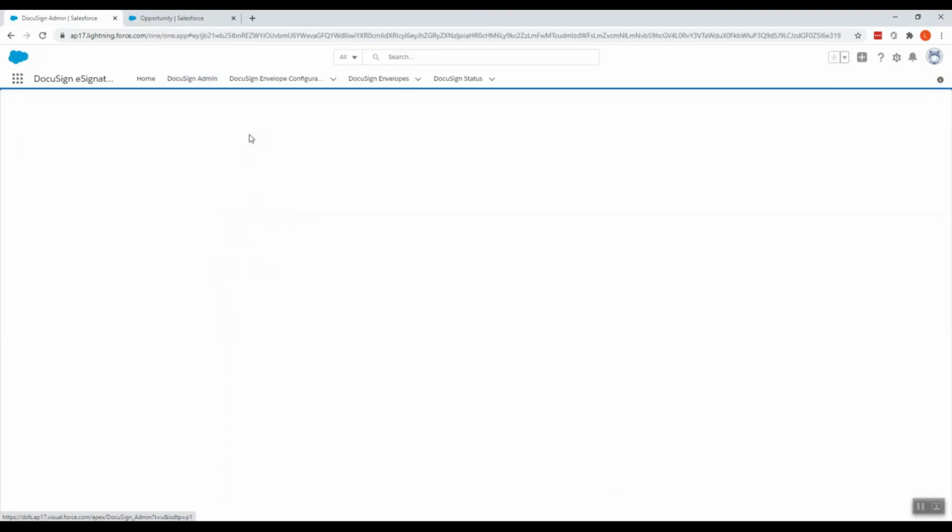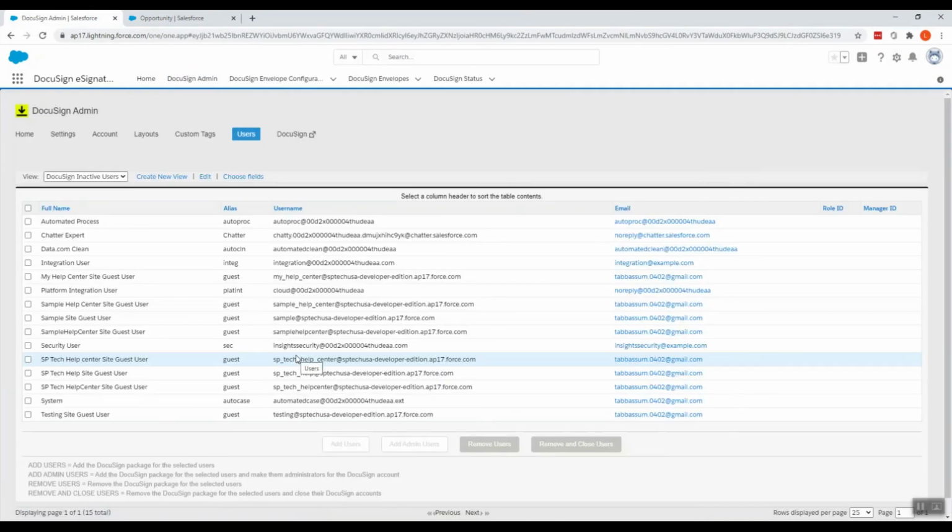So we click on users. This adding user procedure explains how to add a Salesforce user to a DocuSign account, or add a user and make that user an administrator for the DocuSign account. Use this view list to sort and find users associated with your Salesforce account. Inactive users are the users that are not linked with the DocuSign account.